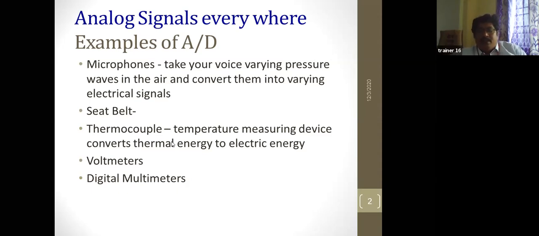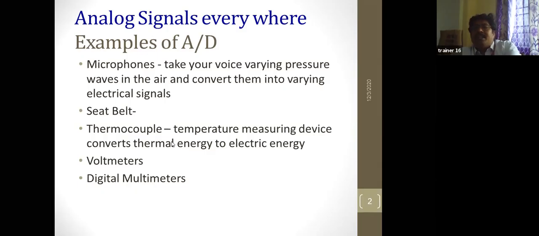So the output of the thermocouple is in analog form. That analog form we send through signal conditioning and then ADC conversion, the analog to digital conversion. Only then can we finally get the digital